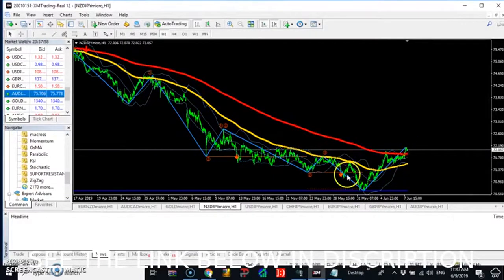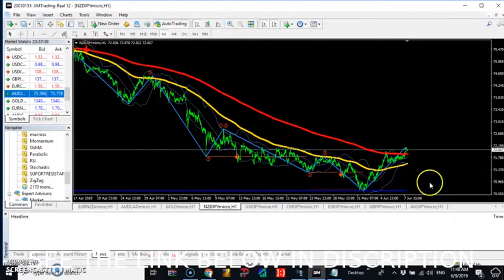If you did not turn on the signal of pattern 1 2 3, you will understand that as it was coming down, you got pattern 1 2 3, your target should always be this support. If you get the next 1 2 3, your target should be support. If you get the next 1 2 3, your target should be support. That is if you did not turn on the signal of this pattern 1 2 3. But if you turn on the signal of pattern 1 2 3, this arrow is your entry. So when this arrow came up, you target